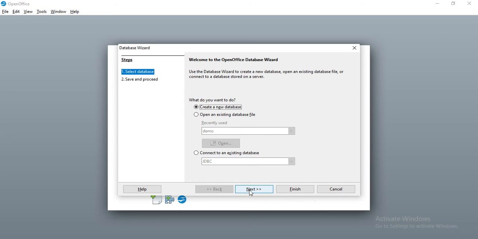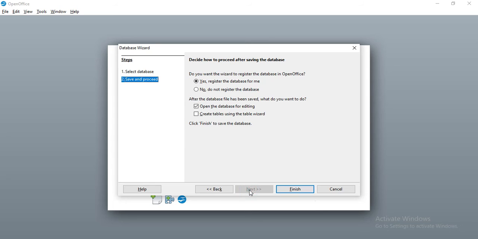Click Next. A dialog box similar to the new one is displayed like this. Click Finish. The Save As dialog box appears.